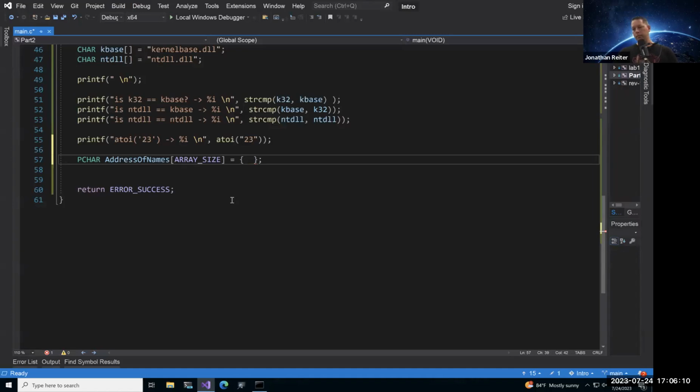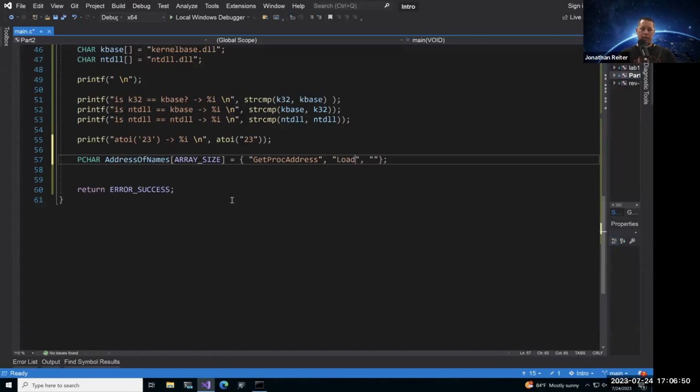We'll see. Okay. So inside of this, we'll go ahead and initialize this to a couple of function names like GetProcAddress. GetProcAddress is a Win32 API that will return to you the address of a procedure, or the address of a function. There are many more that do that. There are some native APIs that do that, like LdrGetProcedureAddress or GetProcedureAddressForCaller, and so forth.